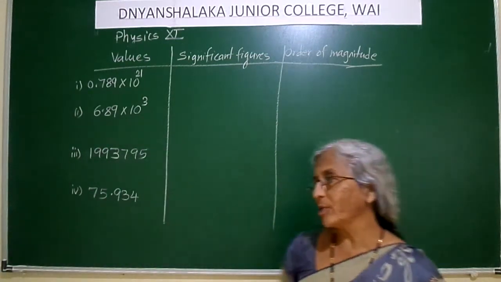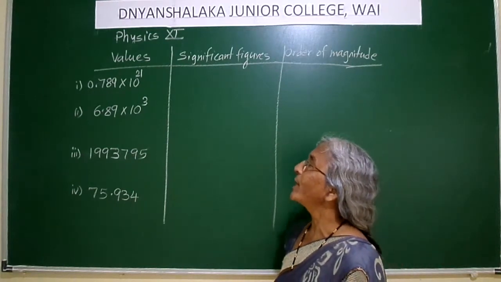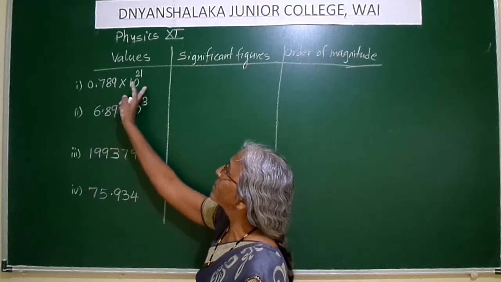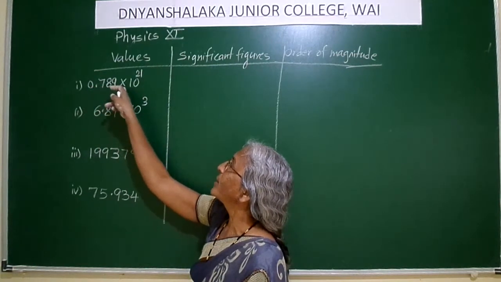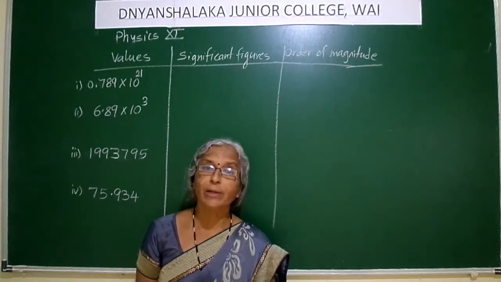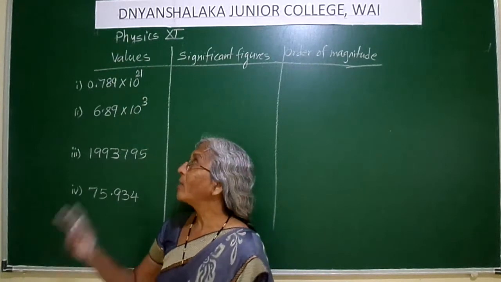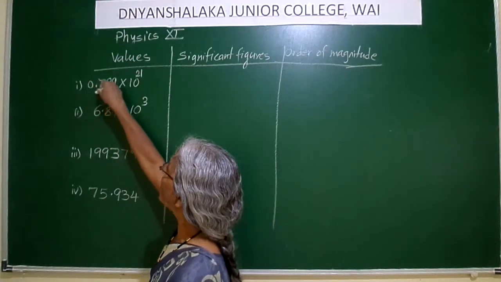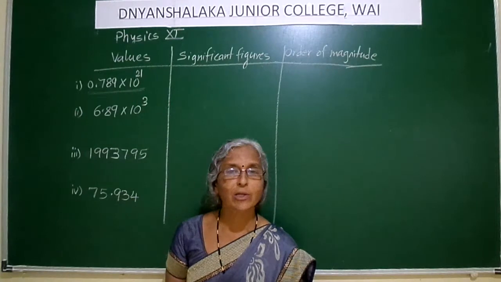Some of these values as you see on the board. Now for the first value we have 0.789 into 10 raised to 21. Now already when we consider this value over here, 0.789 into 10 raised to 21, it is 0.78, so it is greater than 0.5 as we have the first condition for a, and obviously it is less than 5. So for assigning the order of magnitude, this value is already in the form a into 10 raised to n.